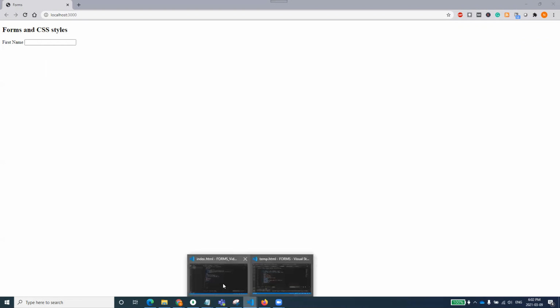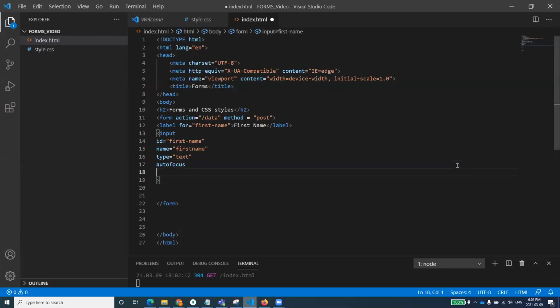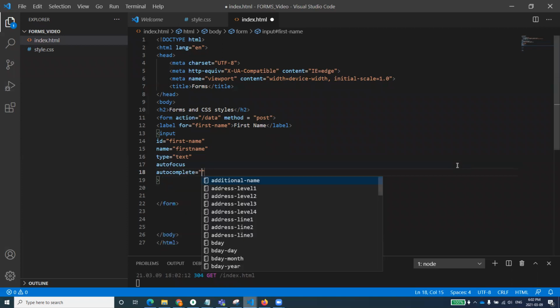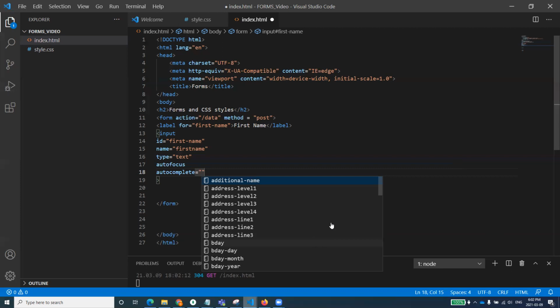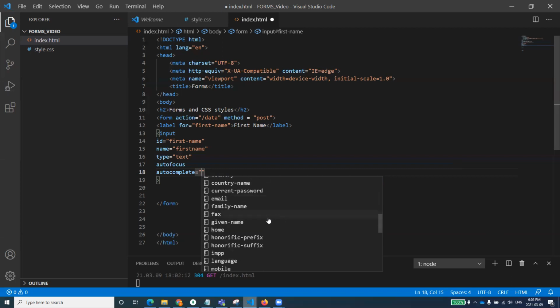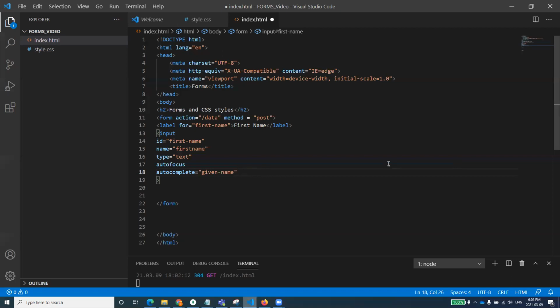And then there is another feature that we can implement, and that is autocomplete. Autocomplete is one of the features that HTML5 provides us, and when you set it, you see that there are different options that we can use. It helps you when you are filling out the form, to fill in that data. Autocomplete always helps to give IntelliSense type of information to the user. So I can select given name over here because I want users to select names there.